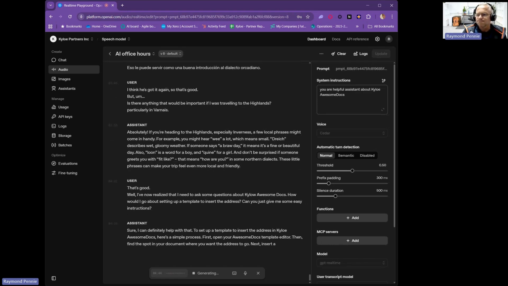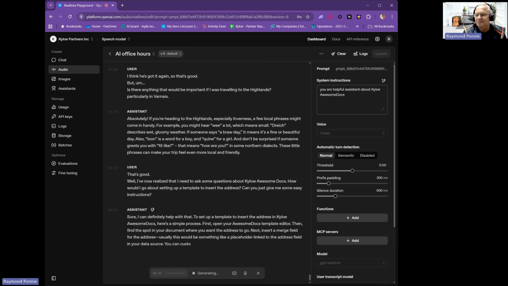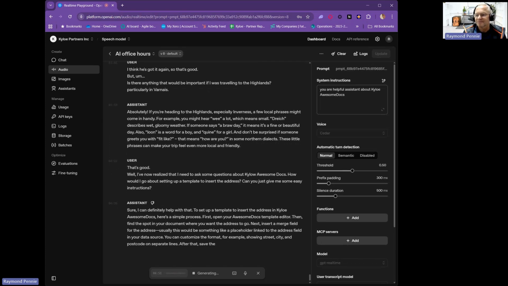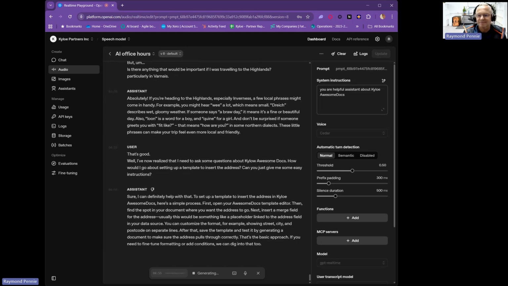First, open your Awesome Docs template editor. Then, find the spot in your document where you want the address to go. Next, insert a merge field for the address. Usually this would be something like a placeholder linked to the address field in your data source. You can customize the format. For example,